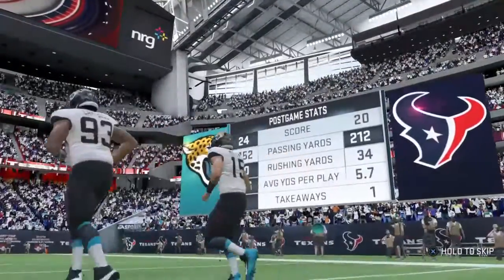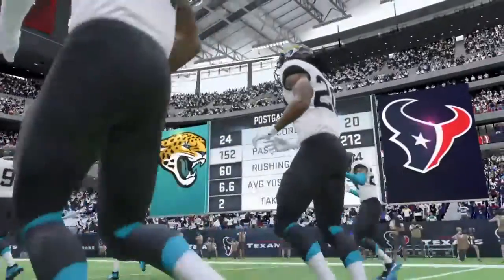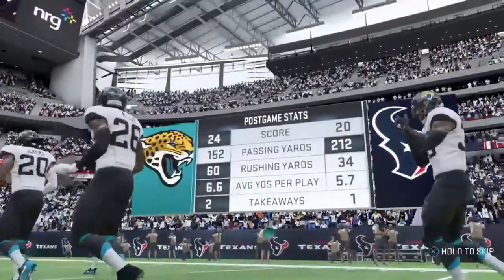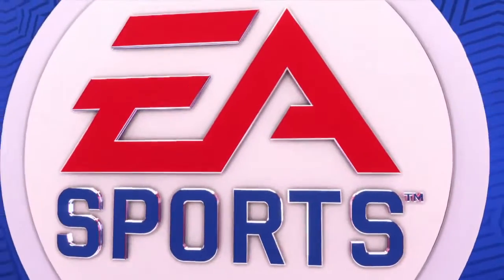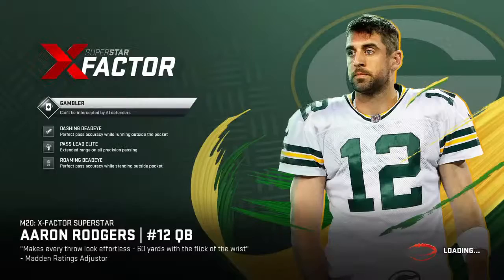So for the Jags, they do finish things out with a victory here in the final week, but the victories were few and far between as they'll end the year 5-11. And by just about all accounts, not the type of year they were hoping to have. Meanwhile,